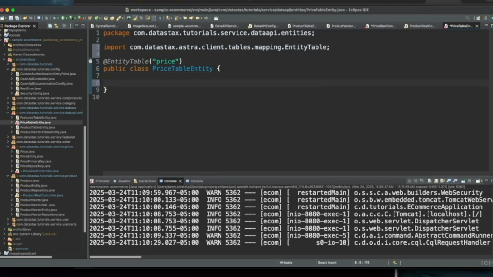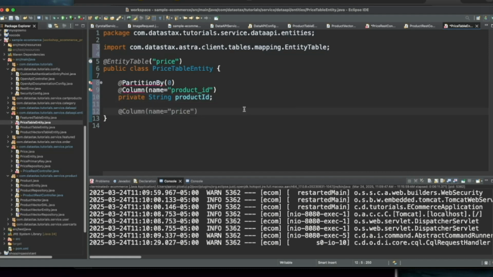So first things first, this is our partition key. Partition by 0. So that 0 is specifying the ordinal position in the primary key. And then let's do column, and we'll say name equals product ID, and that should be enough. And then private string product ID.